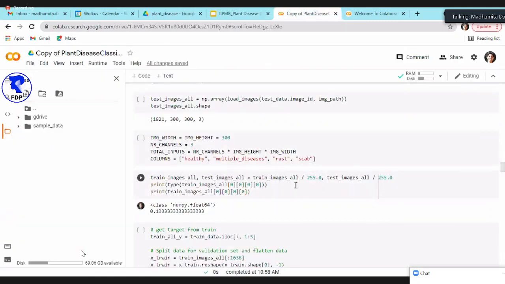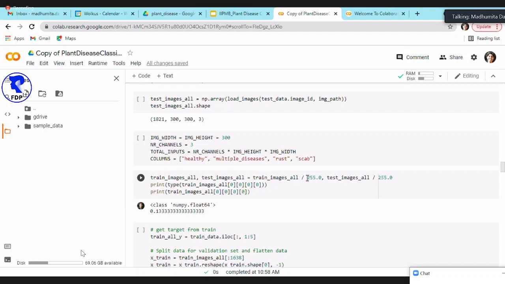You might have taken images in different lighting, and that could impact the value in this pixel. Something that has been taken in higher lighting will have a different value. For the same image, you can take it in different lighting and the pixel value will change. You can use a red tint, and that will also change the pixel value in the image. So when you are training for the same image, it could assign different weights to that feature, because that's how the algorithm learns. So this is the process of normalization. You divide it by 255.